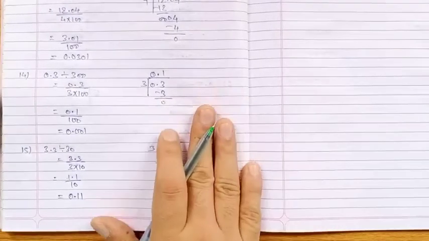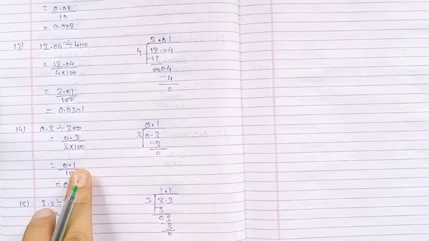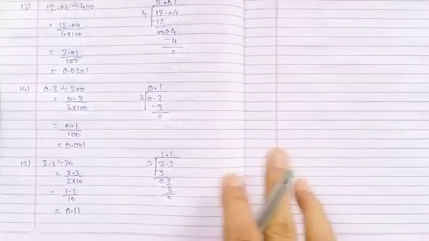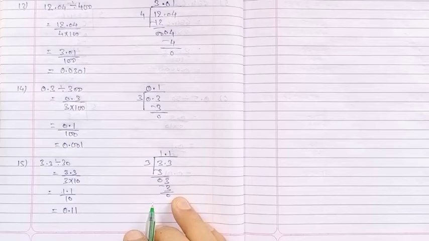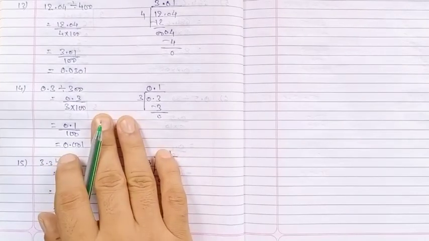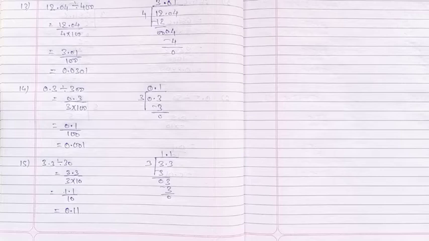Students, so this was the last exercise. It's simple, just convert it into a multiple of 10, 100 or 1000, divide, simple, and then again divide it by 10, 100 and 1000. You will get the answer. Simple. So here we finish chapter number 6, decimals.